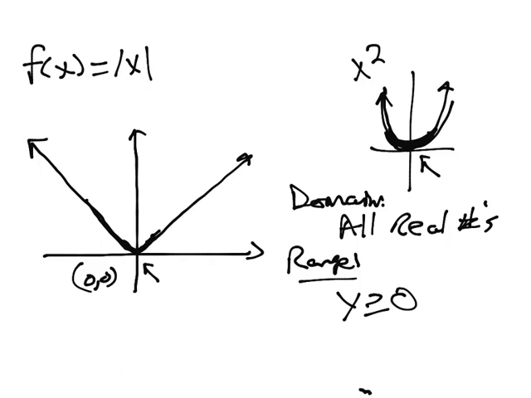Okay, so we've done x squared, x cubed, absolute value of x. Square root of x is the next basic function. So its graph,